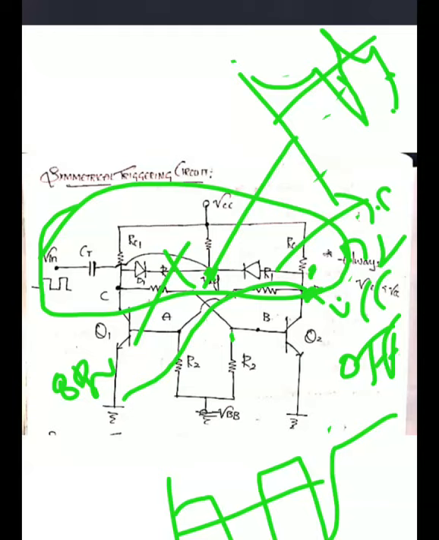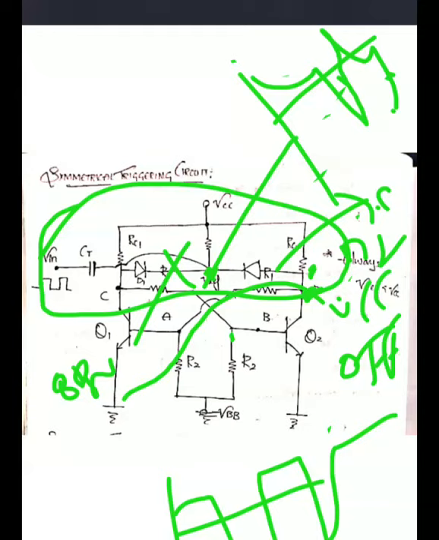Coming to the bistable multivibrator, symmetrical triggering is best suited because in a bistable multivibrator both output states are indefinite, so we are unable to identify them. Practically, one of the transistors must definitely be on and the other off, but we don't know which. So we adopt symmetrical triggering as the best suited triggering circuit to change the state of the transistor when the input is a square waveform passing through this network.